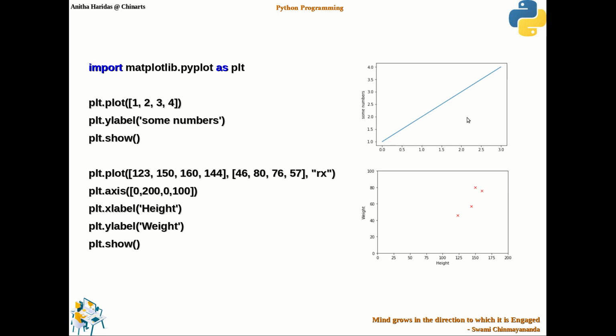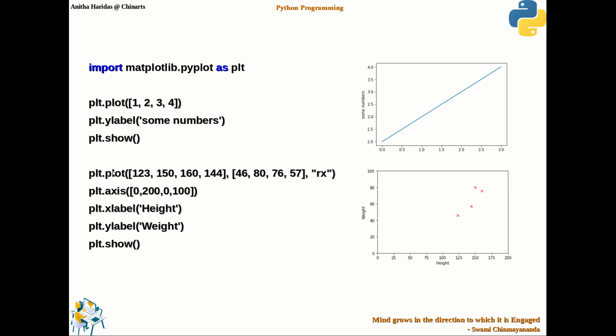If you observe here, it has drawn a line ranging from 1 to 4. So you get 1, 2, 3 up to 4, and the y label has this particular label called some numbers. Now in this example I am using only one list. Suppose you want to have two lists,